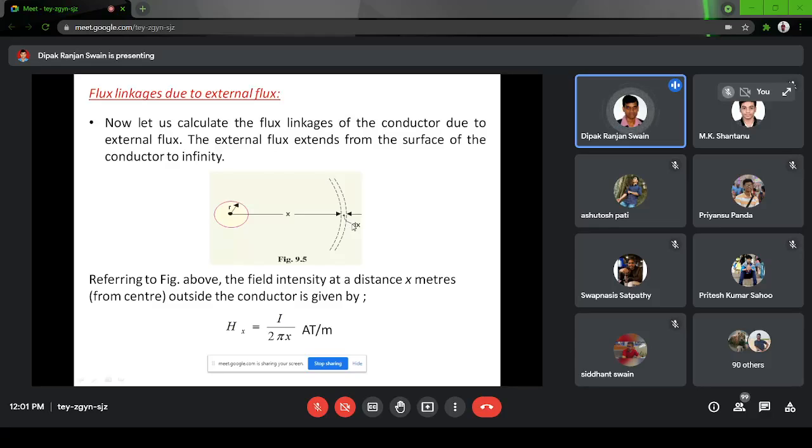Now you can see this point is at a distance of x, and I am calculating it again for the same width of ds. Referring to that figure, Hs will again be I. In the previous case, you had a different value of I, because at that point you were inside the conductor, so the current enclosed by that particular point